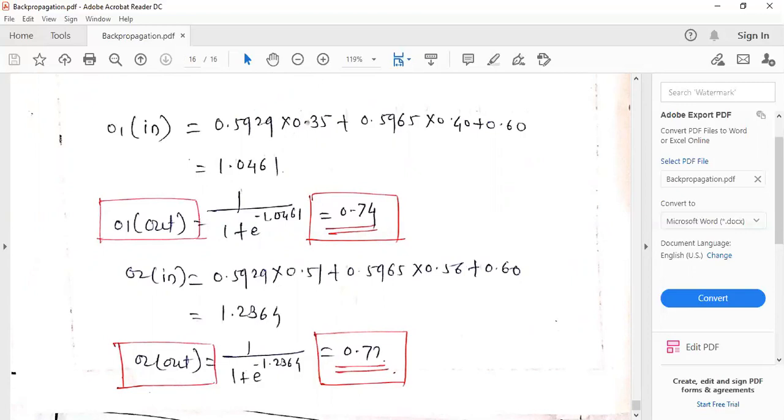In the exam, they will not ask you to explain an example of back propagation, but they will surely ask you what the algorithm for back propagation is. So the algorithm is: just check the weights, apply the feed forward mechanism, and then if there is a difference between the actual output and the target output, do back propagation. Back propagation means adjusting the weights coming from different input nodes to the output node. So this is the basic and simple back propagation algorithm. Thank you.